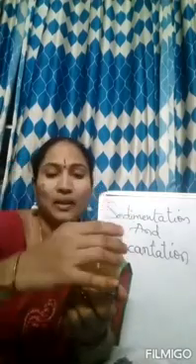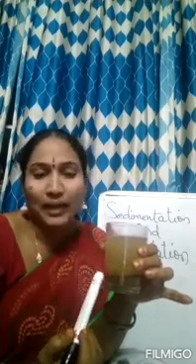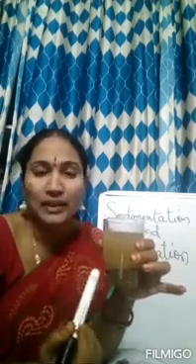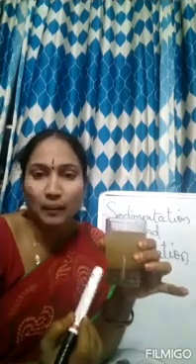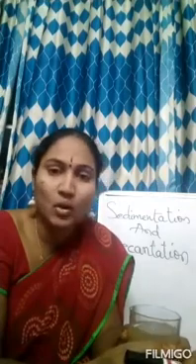This is a glass tumbler and I have taken sand as well as mud. So I kept it aside for about 5 minutes. What happens? The mud and the sand both will settle at the bottom of the glass tumbler. That means at the bottom end of the glass. So it is settled down here. So the sand and the mud are called sediments. This process of separation of mud and sand is called sedimentation.